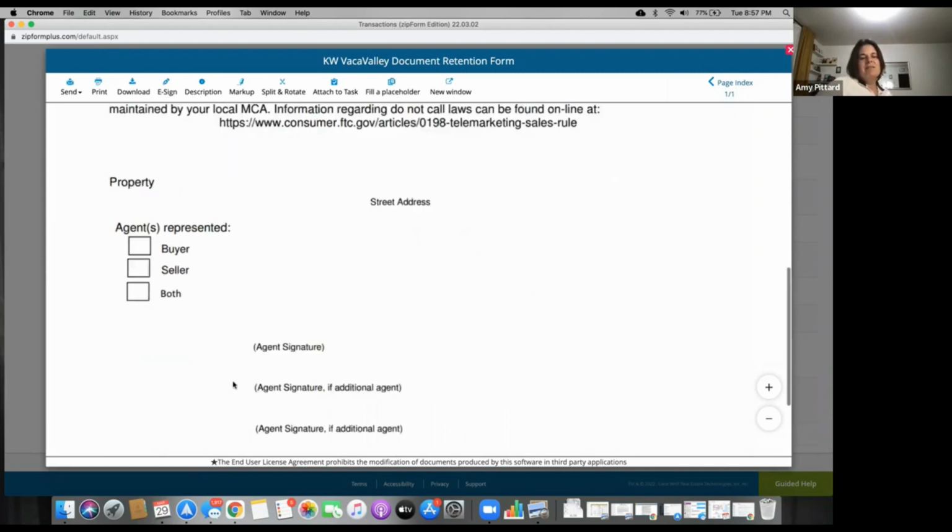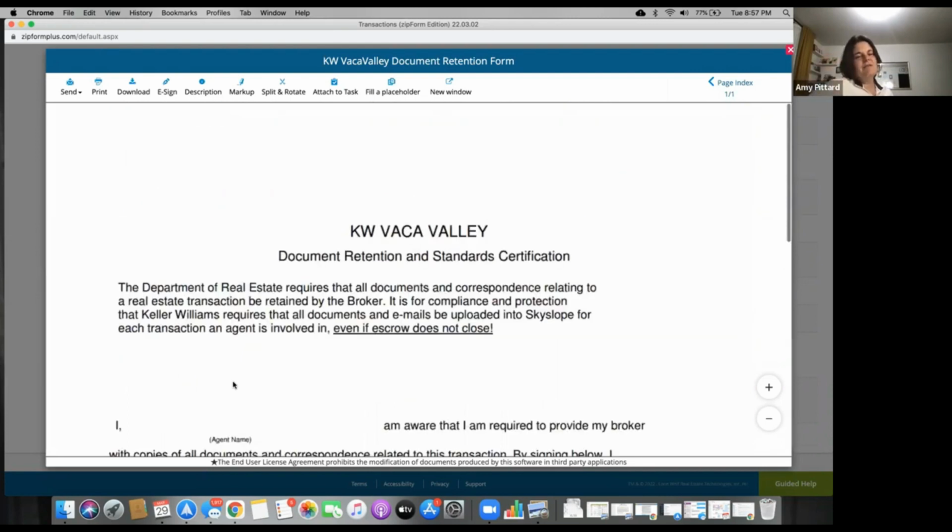I started doing this at the beginning because it alleviates the need for my TC to do it later on. If you're like, Amy, I've never seen that form before in my life, where would I find something like that? We would find it in SkySlope. And where you would find it in SkySlope is,